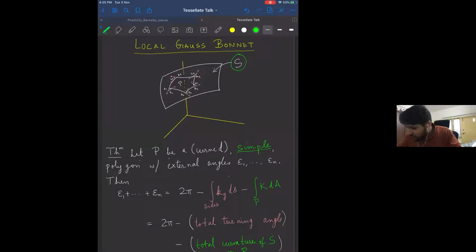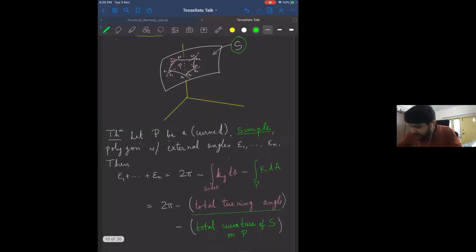So what the local Gauss-Bonnet tells you is exactly what the sum total of the external angles is going to be. That's going to be 2 pi minus some correction terms. And there are two correction terms that come up. Firstly, you will need the total turning angle. So essentially what that means is